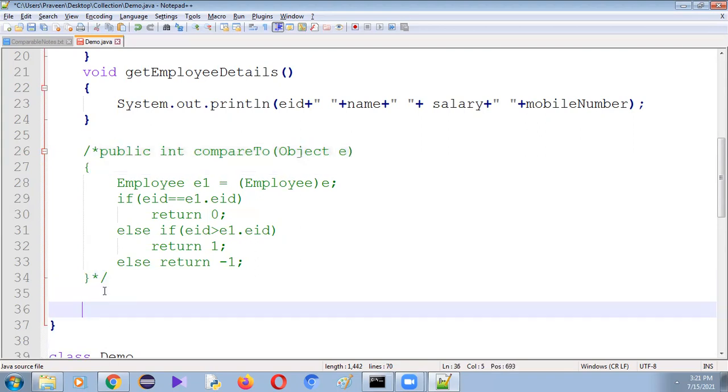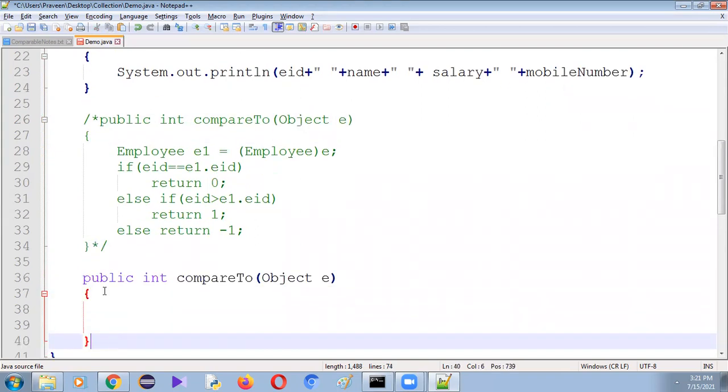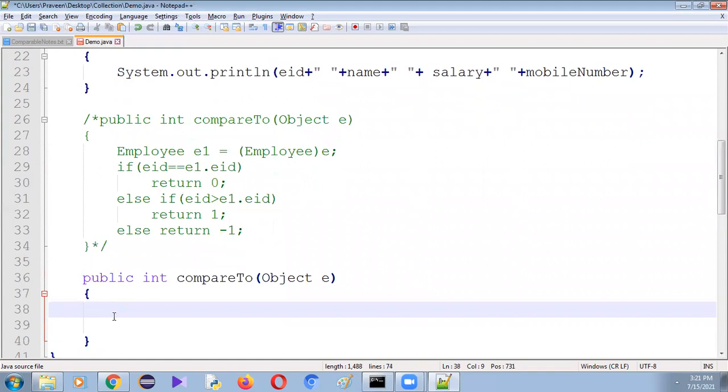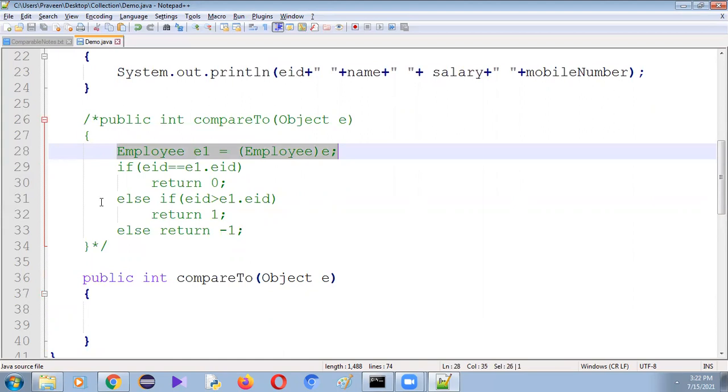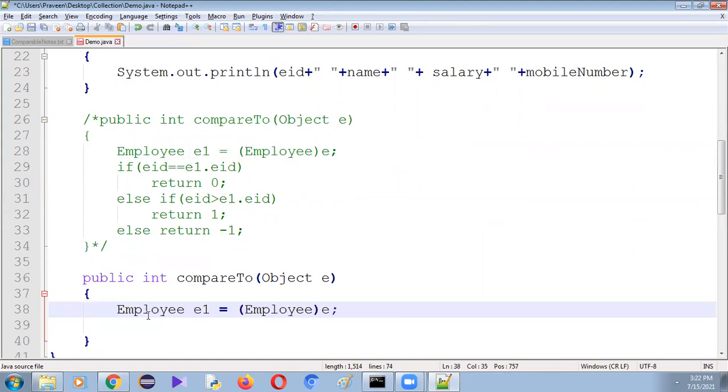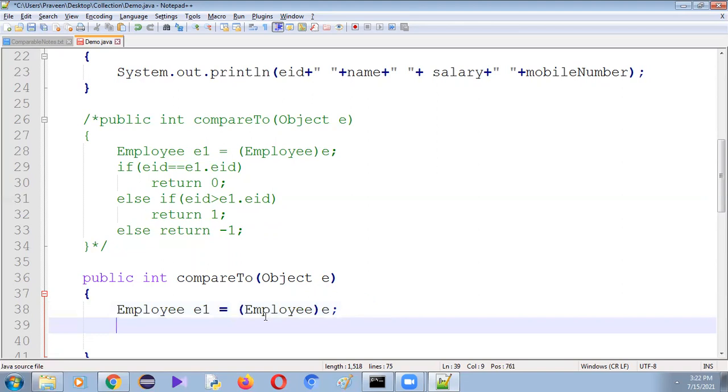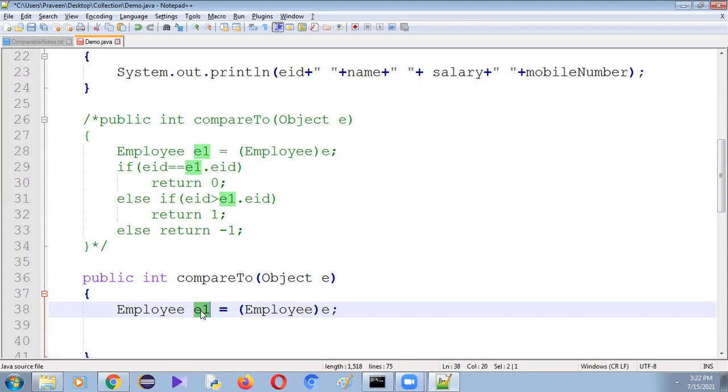Now what I want to do is sort the employee objects based on the names. Same thing, this object should be typecast to Employee. Now I want to compare the names of the calling object and the passed object.